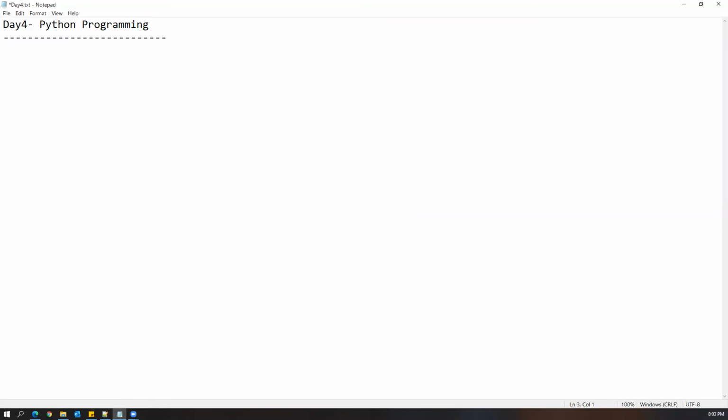Okay, in the previous session, we saw how to work with the number and string types of data. Today we are going to see a few important concepts in Python programming: collections. Normally, when I create a variable, let's say a equal to 10,